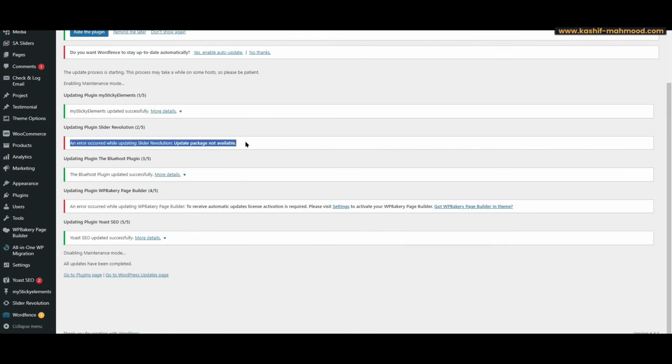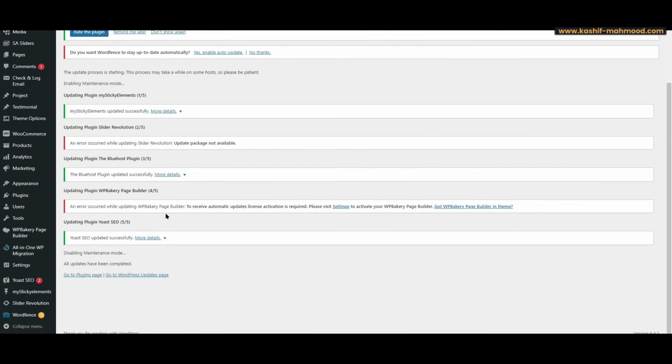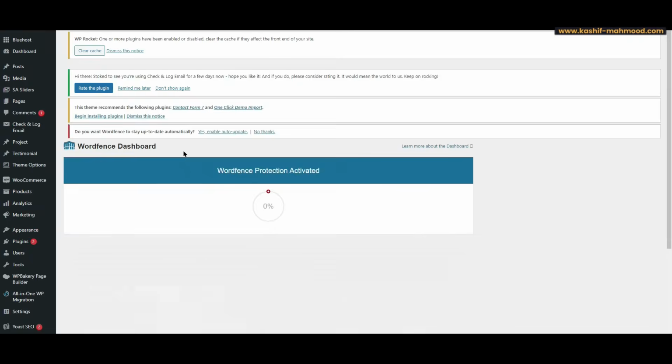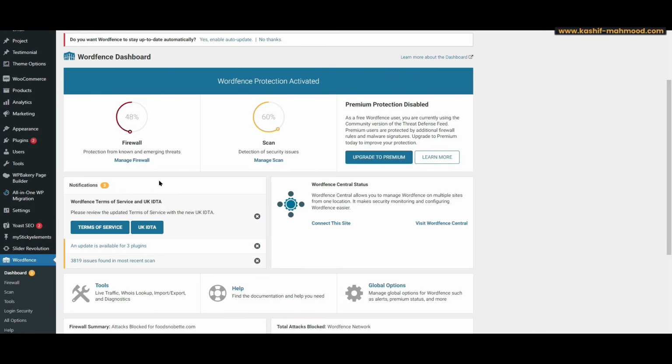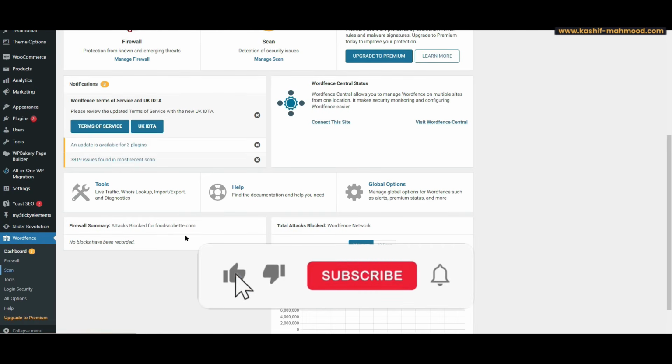So you can see there are two errors in Slider Evolution and WP Bakery Page Builder, so they must be installed from a third party, so there can be malware in them as well. So now let's go back to WordPress and scan it one more time to see if we have removed any malware or not. Let's go to scan